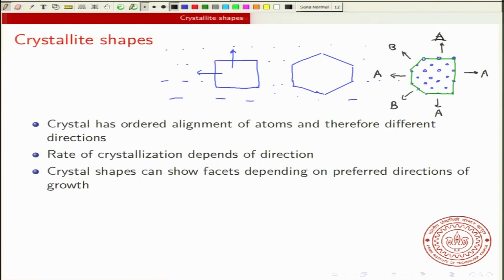So, since B is moving a lot faster, you will deposit these atoms, and finally, you will end up